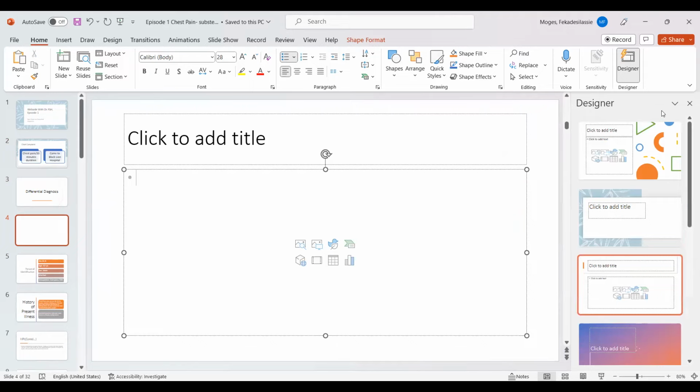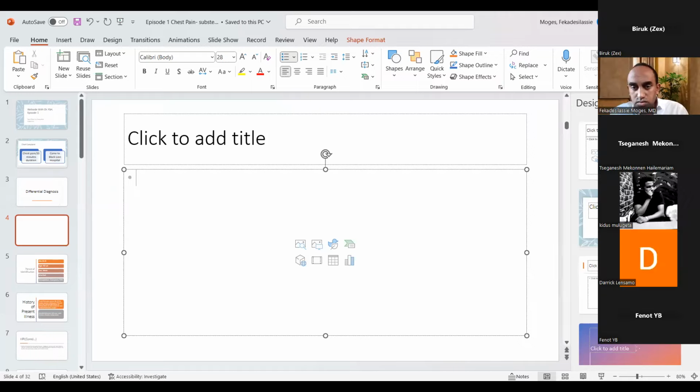How do I see the message if somebody is responding in the chat box? Go back to Zoom, and there is a chat option below next to participants. Okay, I see that. Just hold on guys, I have missed some. Can you read them out to me, Zex? Yes, whatever they're writing. Okay, MI.